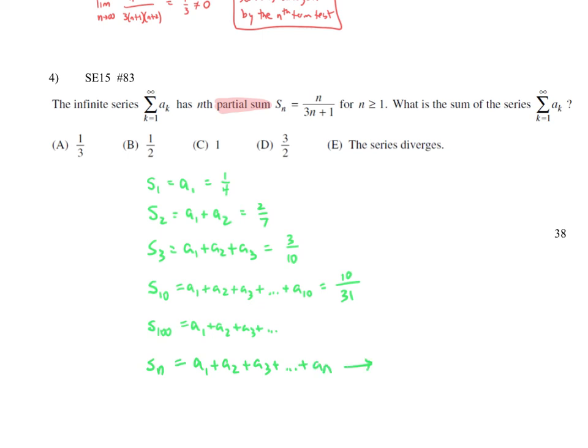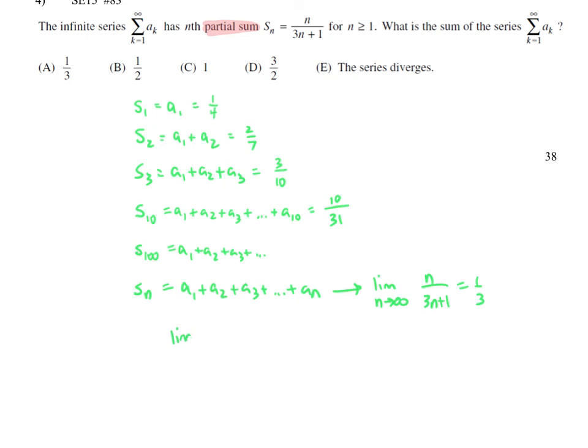Now if we let n go to infinity and we analyze the formula for our partial sums, we get 1/3. What this means is that if we took the nth partial sum and we get 1/3 for that value, the theorem that we studied in section 8.2 says that if the limit of the nth partial sum as n goes to infinity